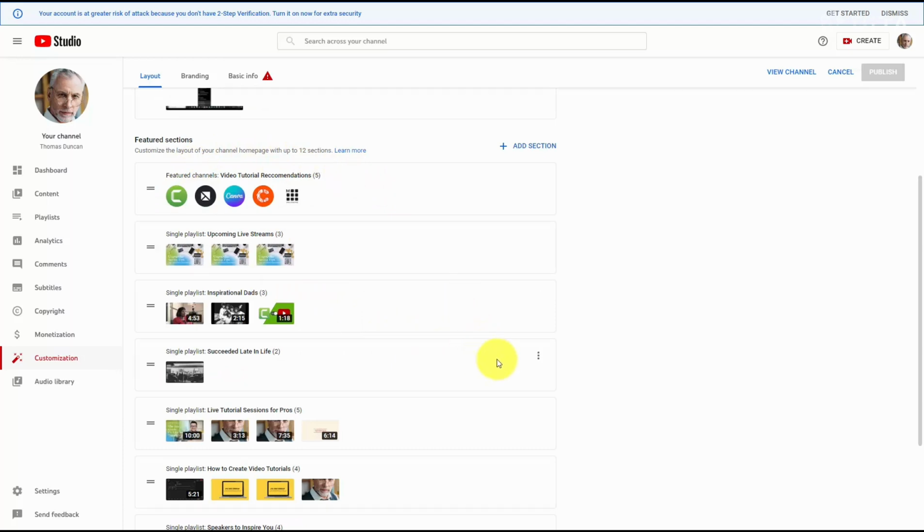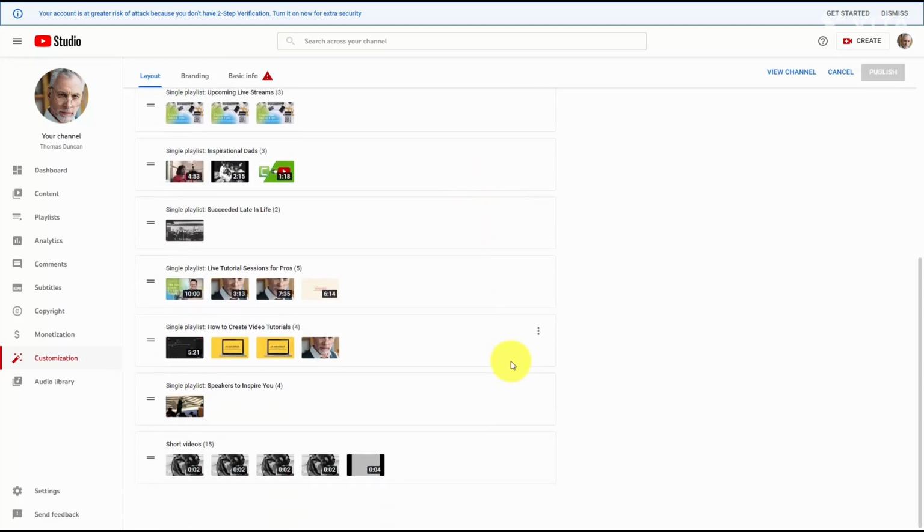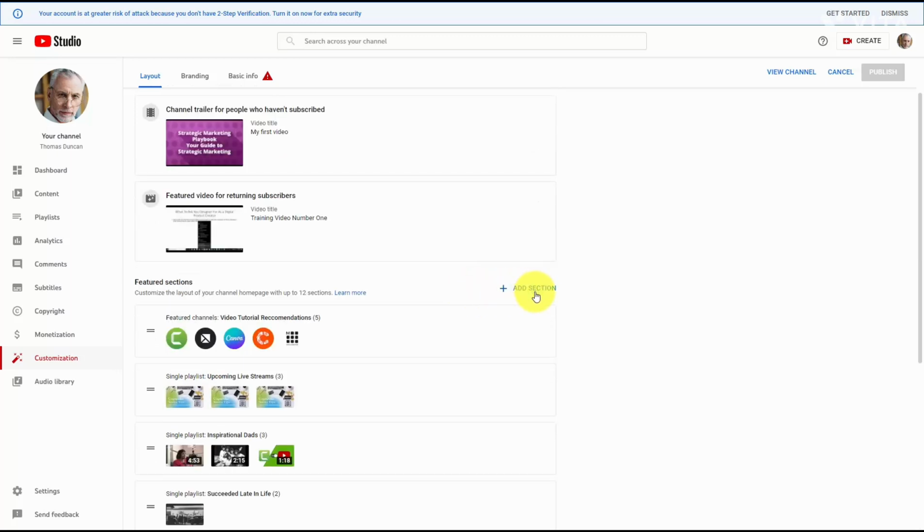So for example, if there are certain videos that you don't want people to see when they first come to your channel, you can exclude them by not placing them on your channel. You can choose what individuals are going to see by adding in specific sections for the channel. So for example, you can include specific playlists. You can include live broadcasts. You can include specific uploads. So whatever you want to do to customize your channel homepage, you can do it with up to 12 different